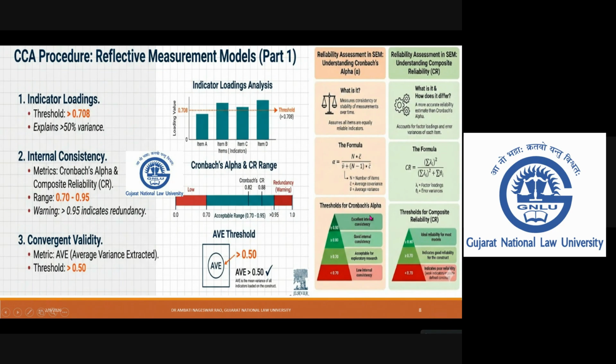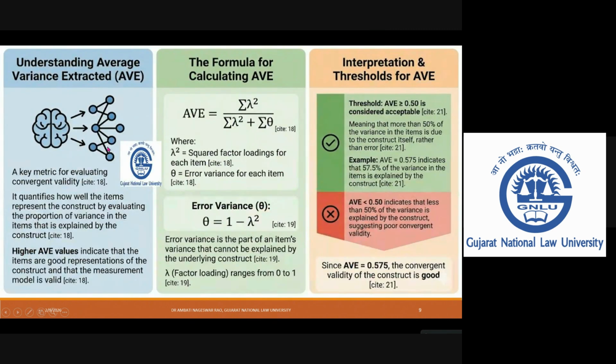Now just come to the next part of it. We are going to look at the factor loading, internal consistency, composite reliability, convergent validity. So within the construct, how each indicator is able to measure the construct. Our average variance extracted value should be greater than 0.50. It means we are able to ensure that all the indicators are able to measure the construct that we have. We have done a detailed explanation of average variance extracted in the last few classes.